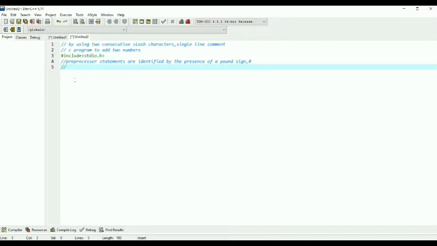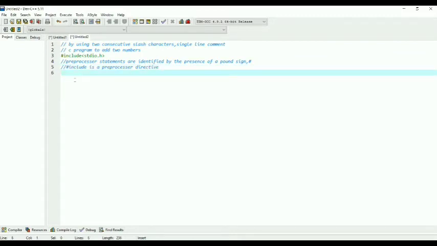I will write here: hash include is a preprocessor directive. And stdio.h contains the information that the compiler needs to understand what printf means, as well as the other functions that deal with input and output.